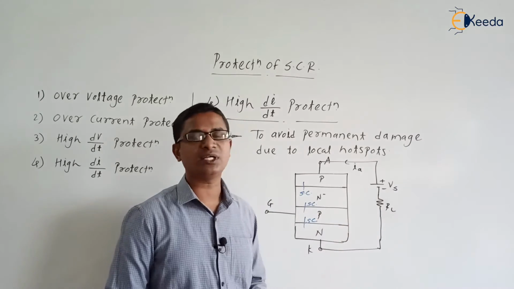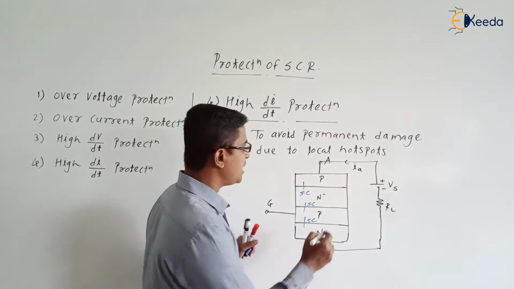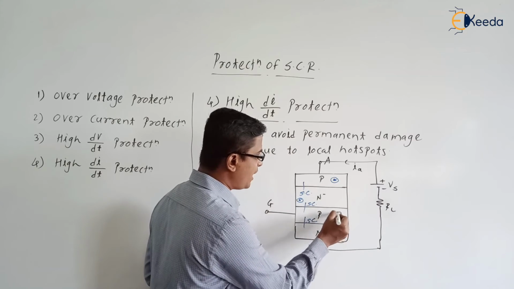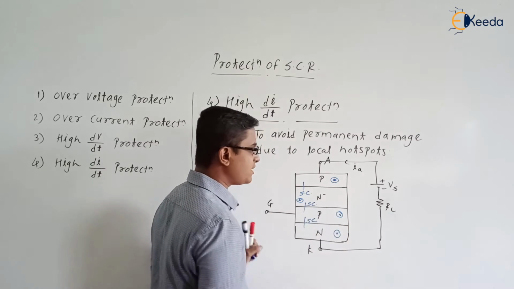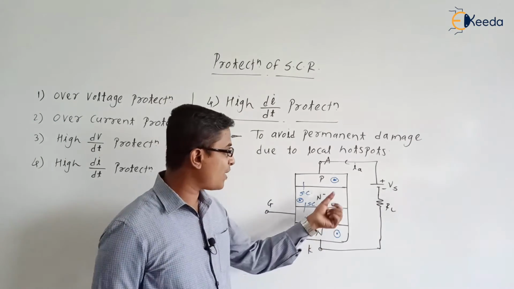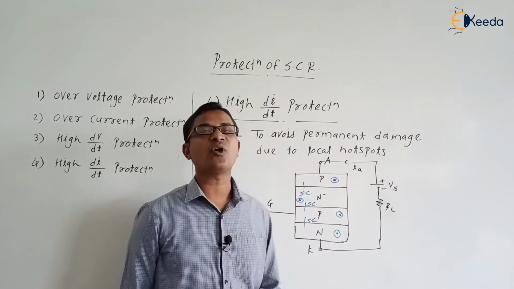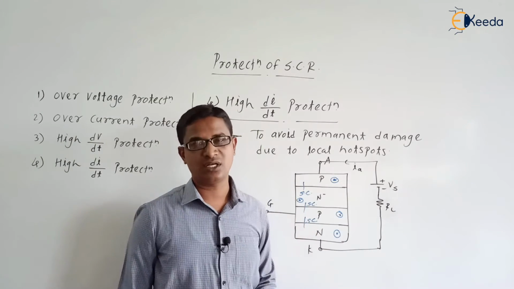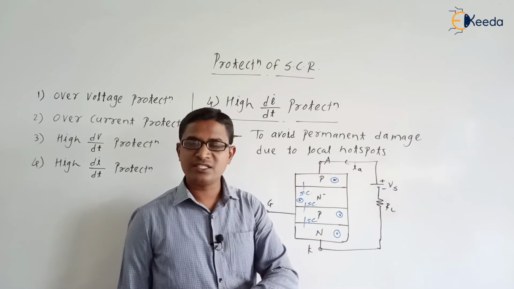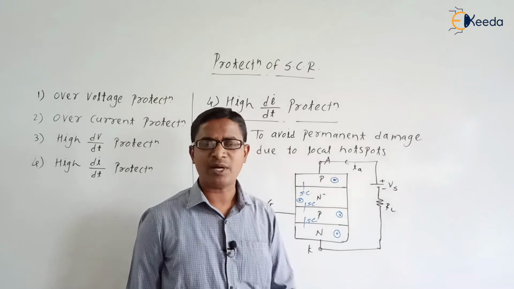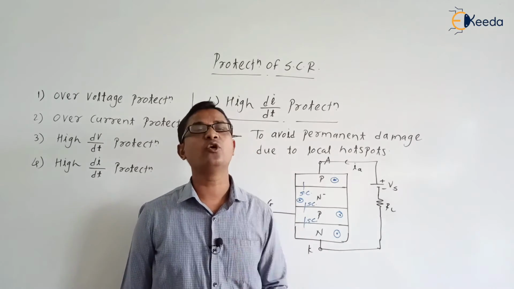in the structure of the SCR or in the body of the SCR, there will be points where the temperature is not uniform or the temperature is very high. Means why has the temperature increased? Because the flow of charges is not constant, it is not uniform. The flow of charges is increasing to a high value, and at other times it is decreasing to a very low value as well.